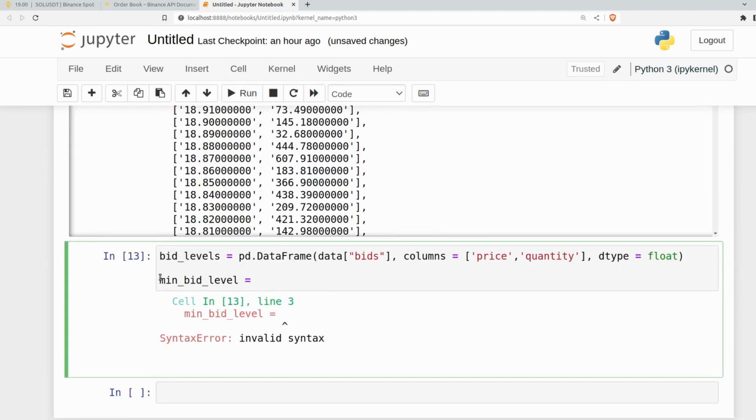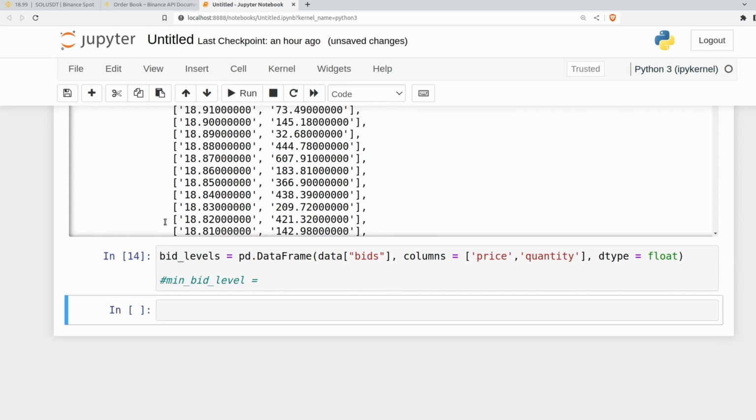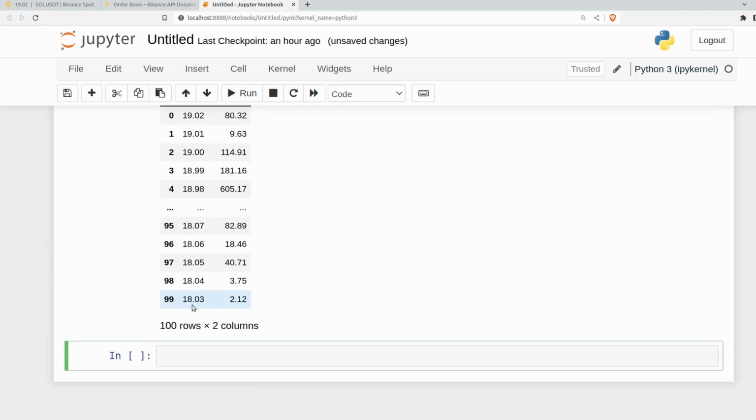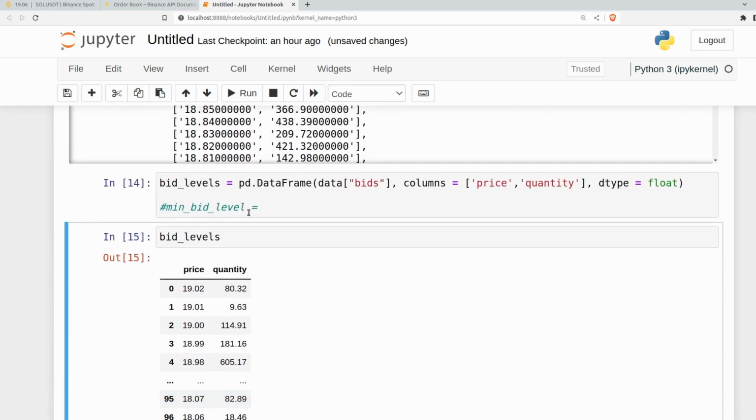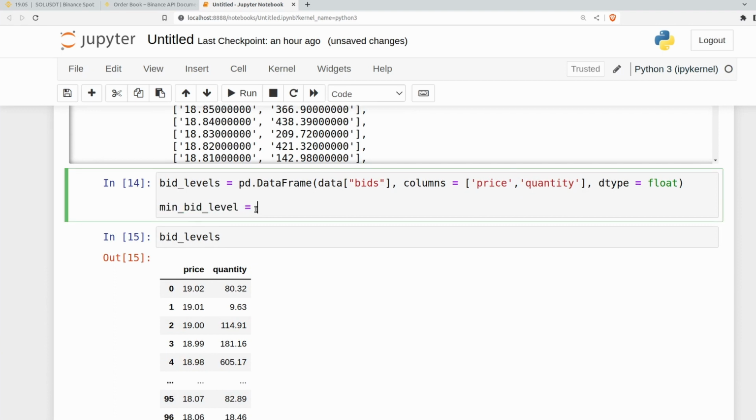I'll comment out this partially formed sentence here. I suspect our bid levels here would be markedly different. So you can see it's now 18.03. We want our minimum level here to be 18 flat. In order to achieve that, what I'm going to do here is take the minimum value of